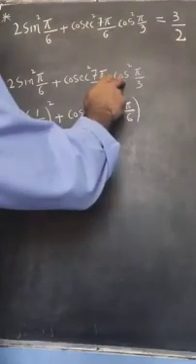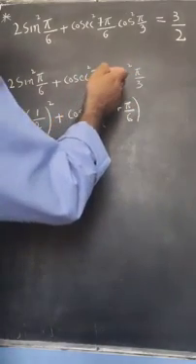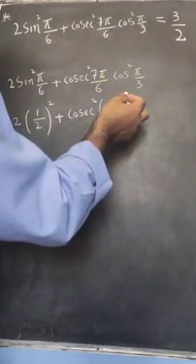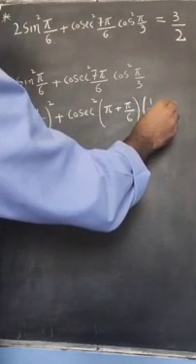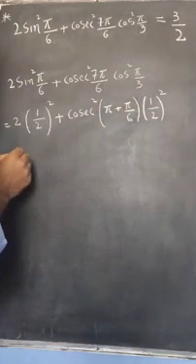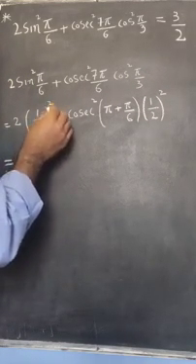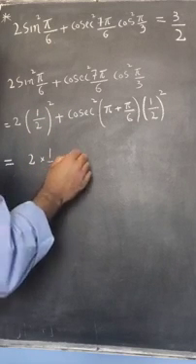Now here we have cosine square pi by 3. We know that cosine of pi by 3 or cosine of 60 degree is equal to 1 by 2, so we can write (1 by 2) square, as it is cosine square. This is further equal to 2 into (1 by 2) whole square, that becomes 1 by 4, plus,